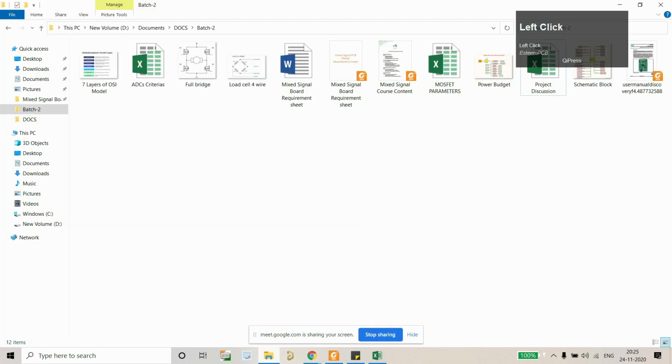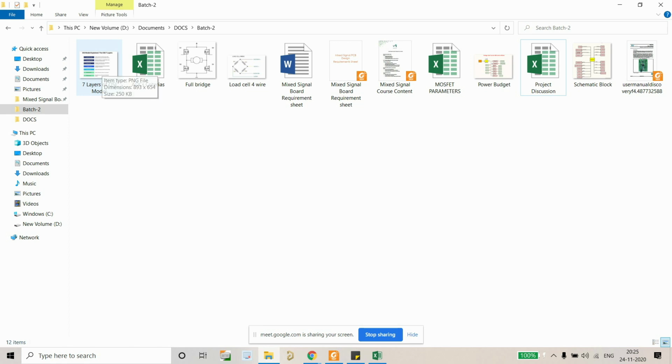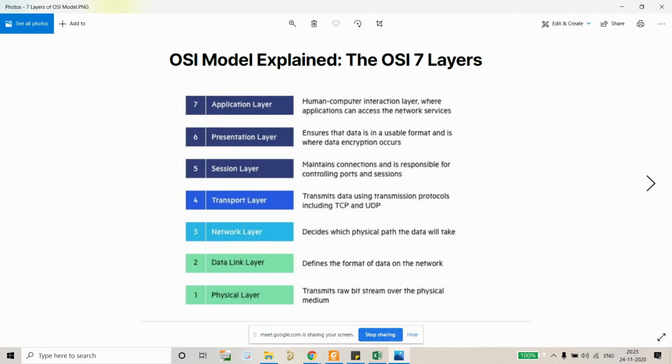To understand the purpose of the Ethernet PHY, we'll discuss one more thing, which is the 7 layers of the OSI model. What is the OSI model? Its full form is Open Systems Interconnection. It is a number of layers, and this is how the internet works. At the physical layer, we have our raw bits or our hardware, and this is how we are connected to the internet. Using this structure, we are connected, right? But